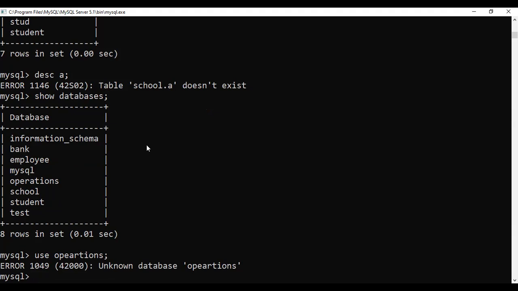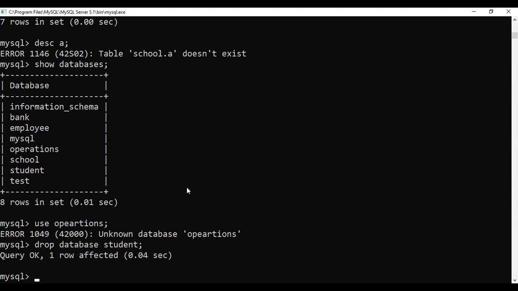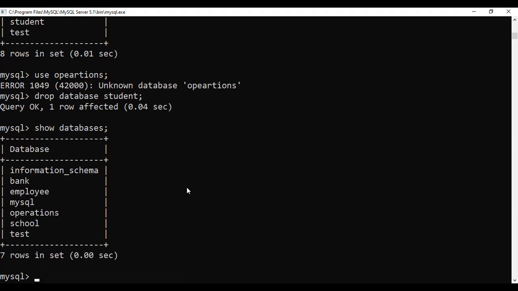I'm going to delete the database student. What is the syntax? Drop database student. Now if I check with show databases, you can see that the student database is also deleted.